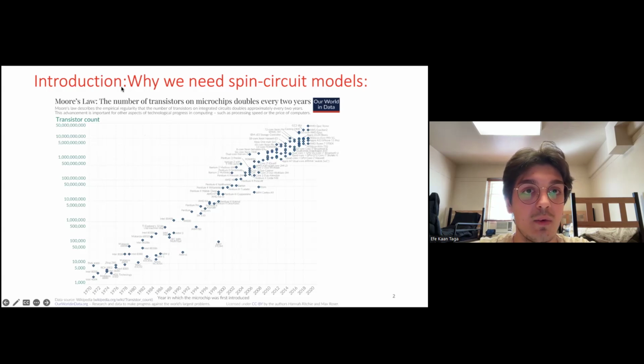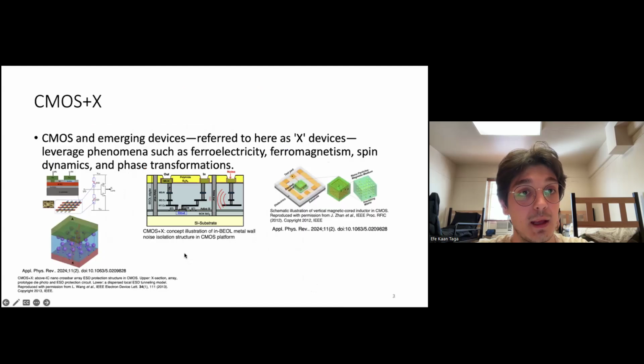And why do we need spin circuits? Moore's law, that the number of transistors on microchips doubles every year, slowed at the beginning of 2014. What is Moore's law? Moore's law describes the empirical regularity that the number of transistors on integrated circuits doubles approximately every 2 years. And